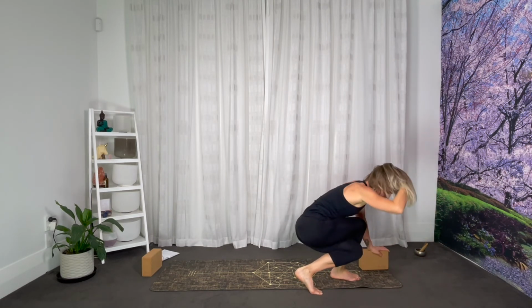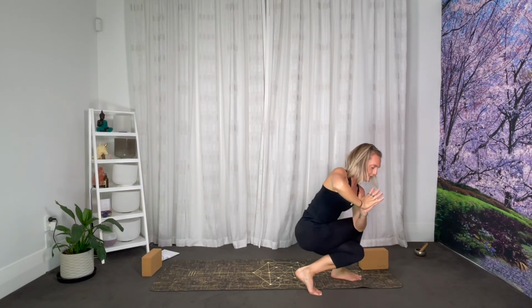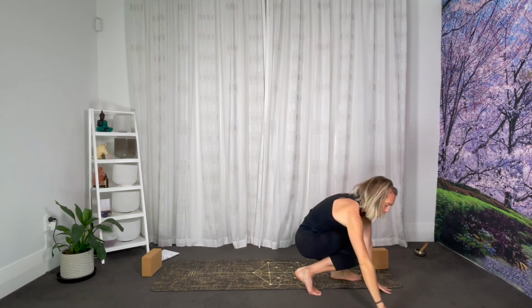Sit into a little curtsy position and bring the palms together to touch. Press elbow and knee against each other. See if you can use that pressure to create a really good rotation. And you have the option to just stay here and kind of marinate in the twist, or bring your hands out onto the floor,